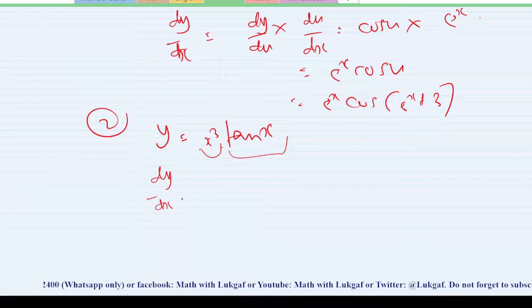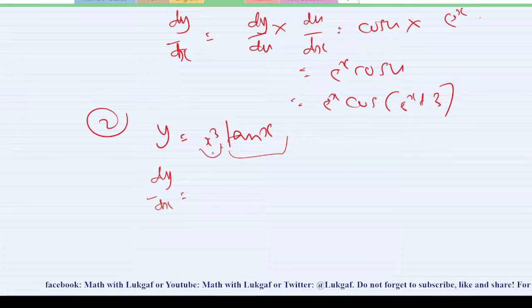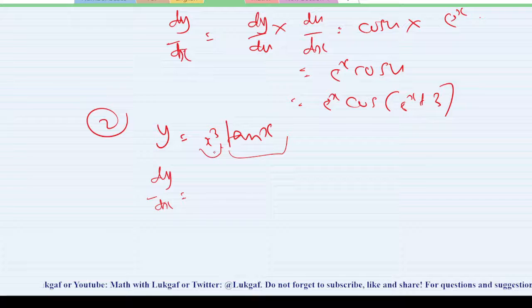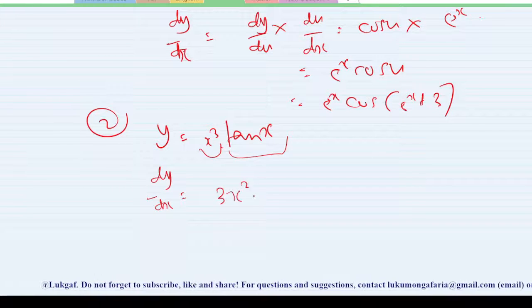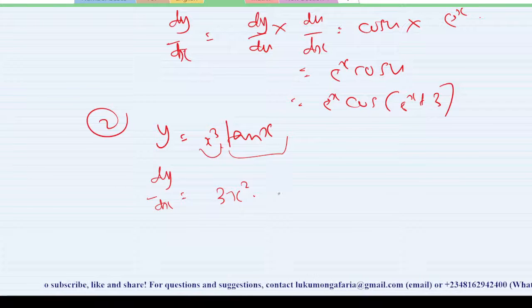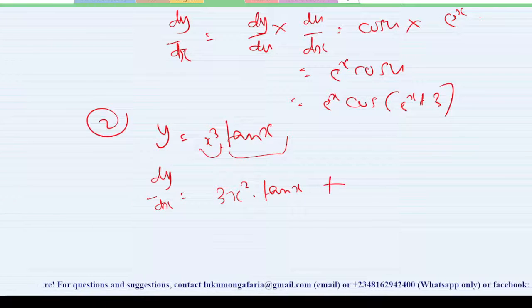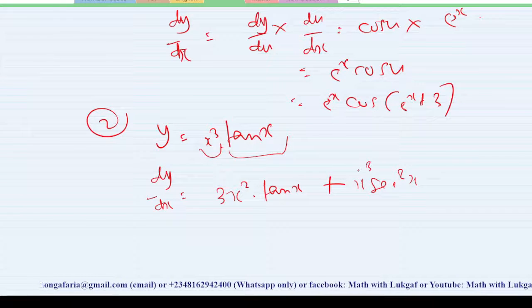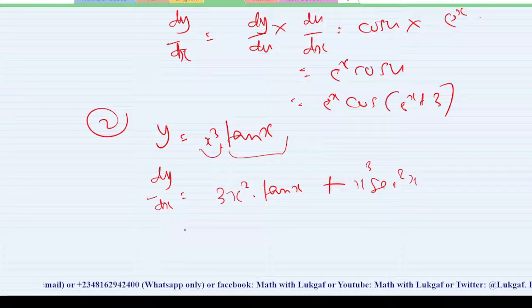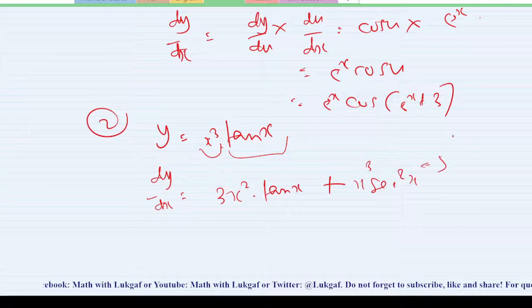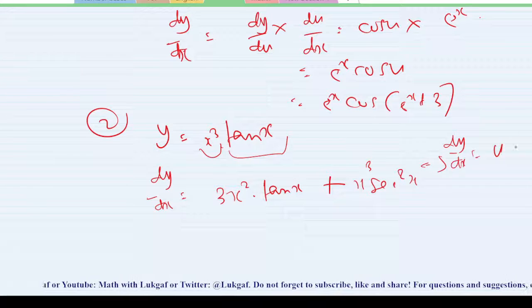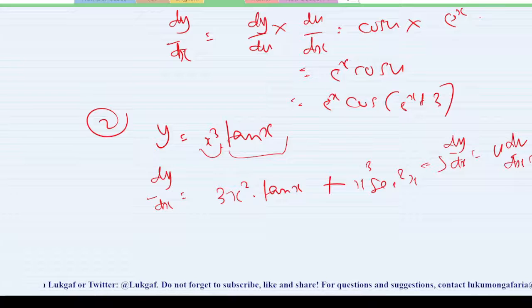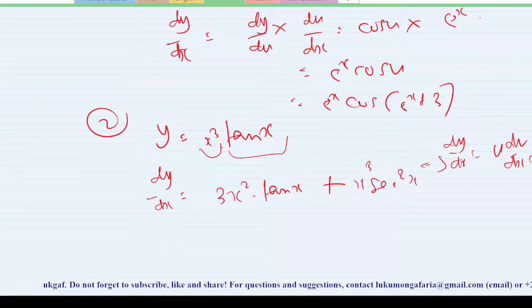And the simple way you can use, we don't want to write the formula, is to take it one by one, just do it like I've said the other time. That is, you differentiate the first function, 3x squared, you leave the second function as it is, then plus differentiating the second, that is sec squared x, leaving the first as it is. You can see it is very simple, isn't it? Okay, so that's that. But if you want to use your formula, don't forget it is this. The dy dx is u dv dx plus v du dx, sorry.